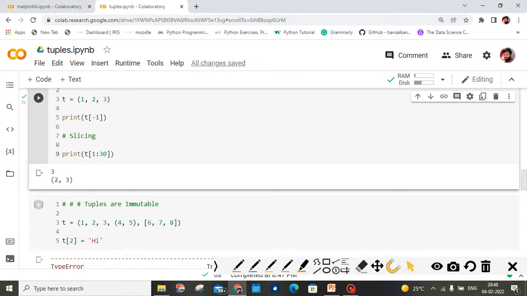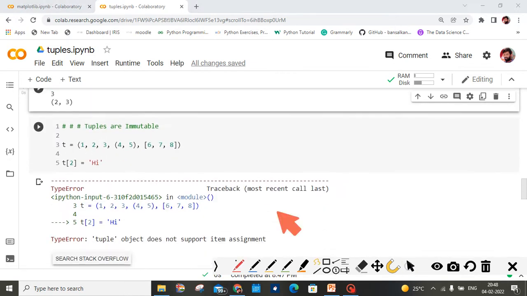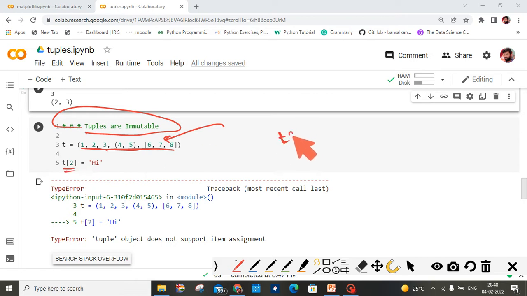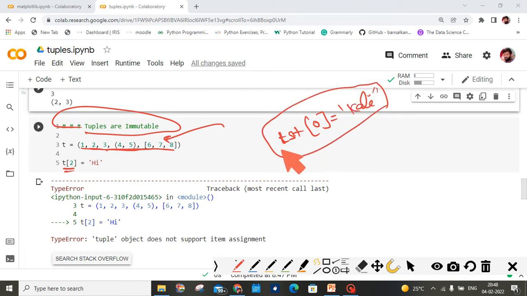Now look at another example. Tuples are immutable. How are tuples immutable? We can't change any of the values in the tuple like this. What do we do in a list? If I take a list, list1, at that 0 index I want to change some value like this. We can change this using lists, but these are tuples, right?